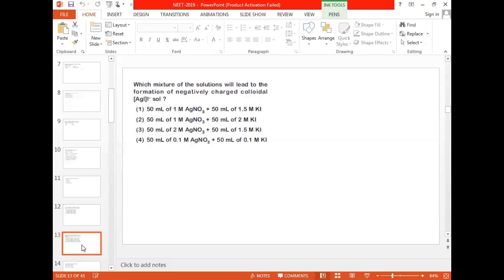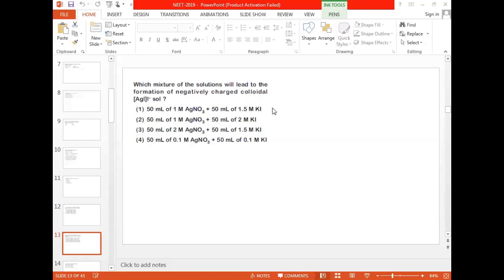13th question. One of you read the question here. Pratik? Smita? See, why I am telling you to read the question is that only then can you understand what is there in the data. Pratik, you read the question.